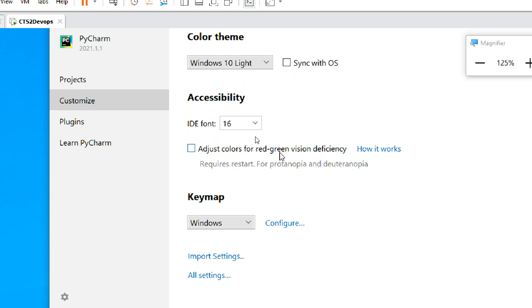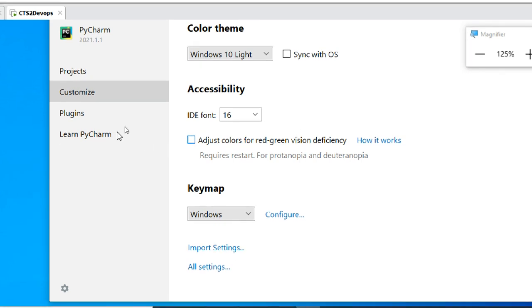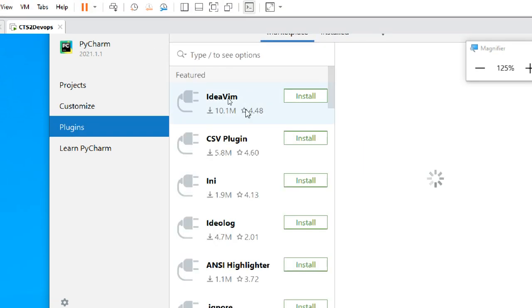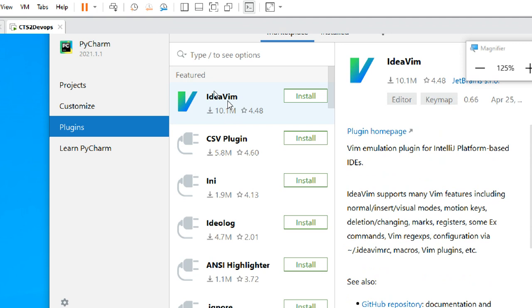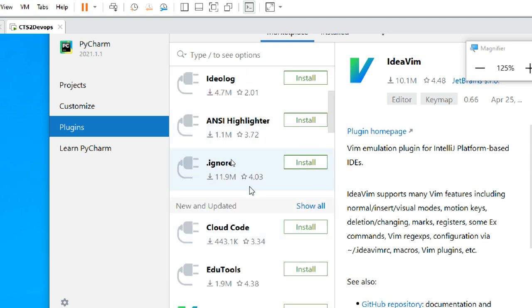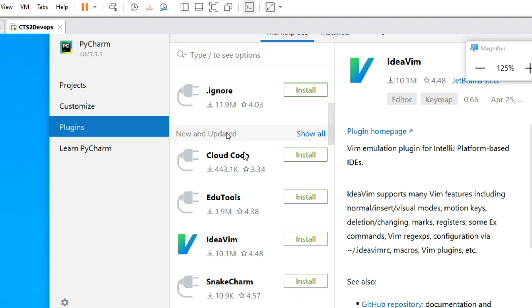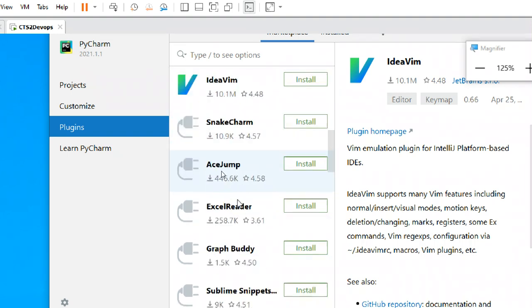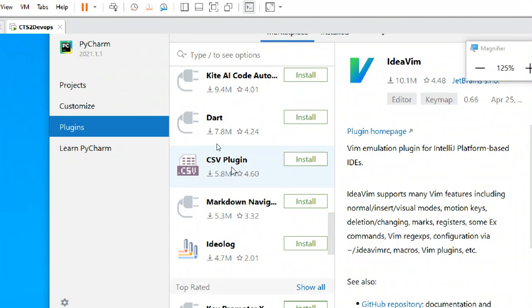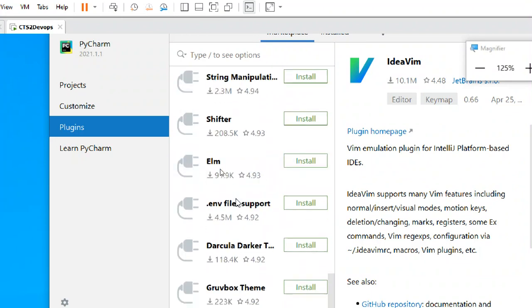Adjust the color for red-green vision deficiency. Okay, very good. Plugins. For example, in PyCharm, if I want other things, there is Vim, Dot ignore, Sublime, CSV plugin.